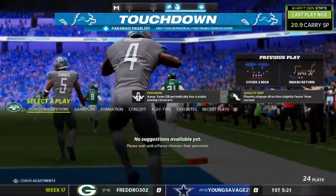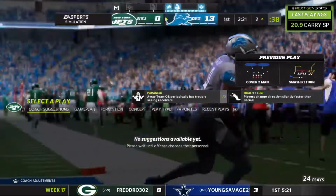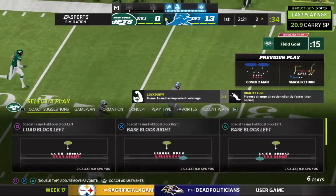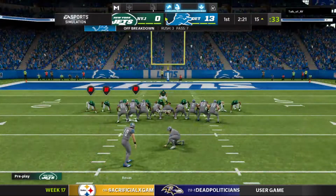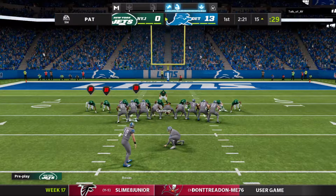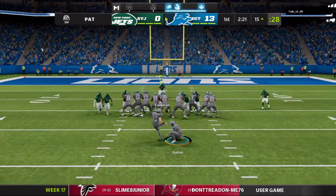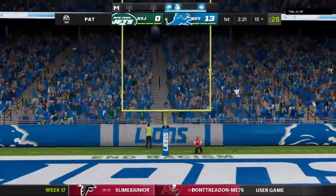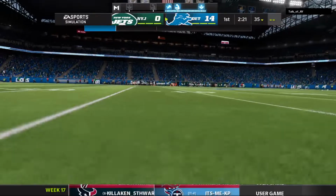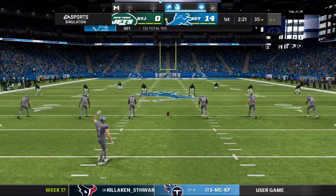For as big and strong as some of these guys are, especially when you see them in full pads, it is sometimes hard to appreciate how truly fast they can move. That was incredible. Roses to add the extra point. And it's good to make it 14-0. Makes the score Lions 14, Jets